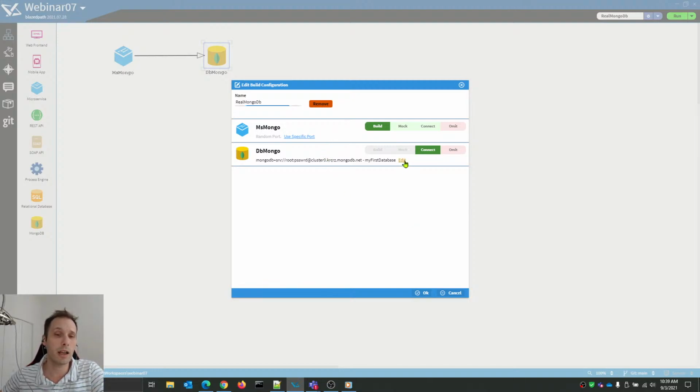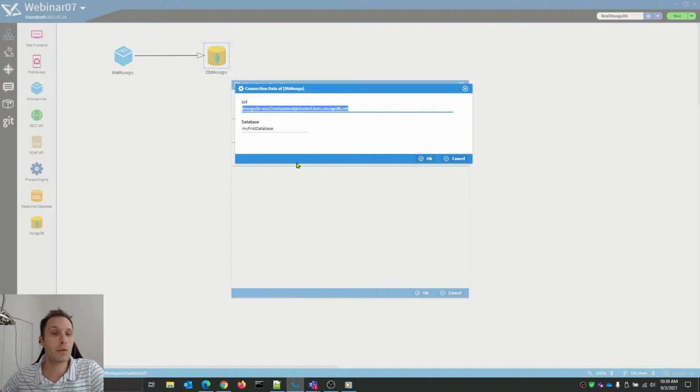So you would click on edit in here and you have a field to complete a URL and with a password and the user and the name of the database. As we just saw, the database name is my first database, so that's why this is here, and this is the URL of the